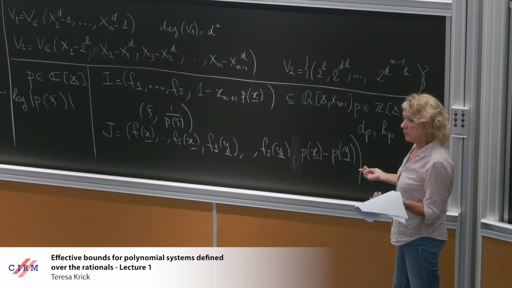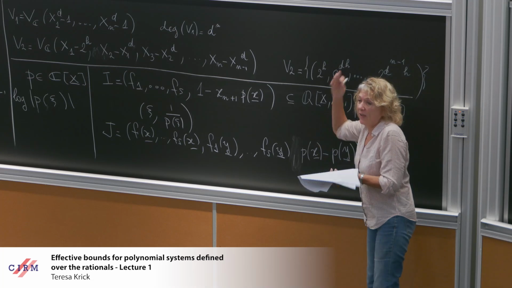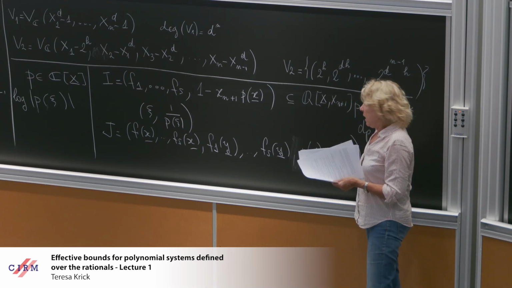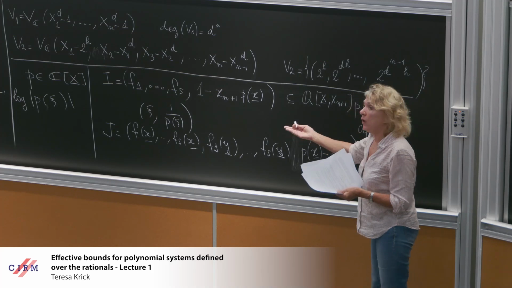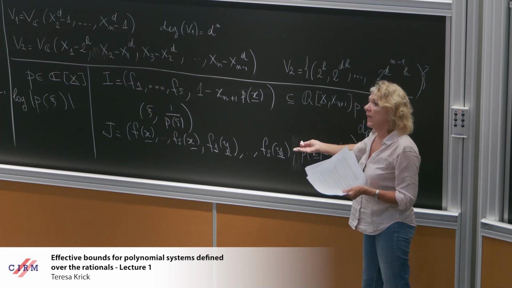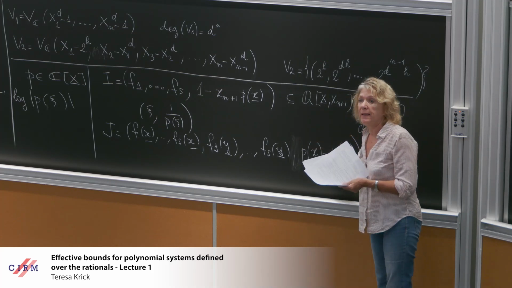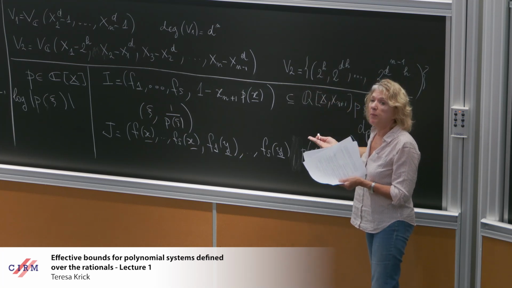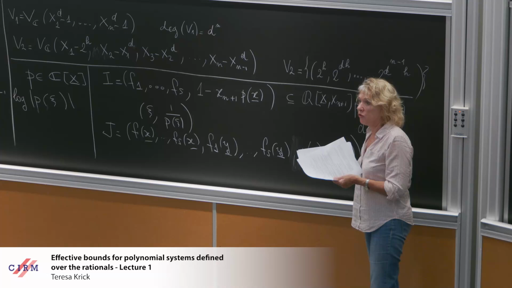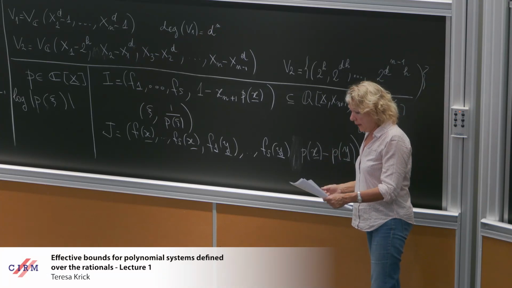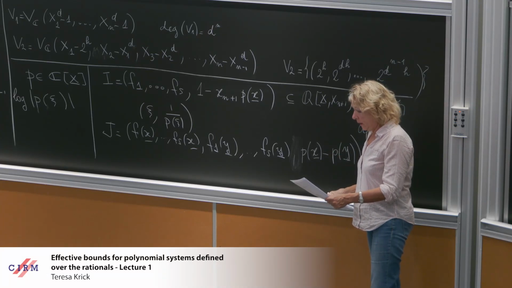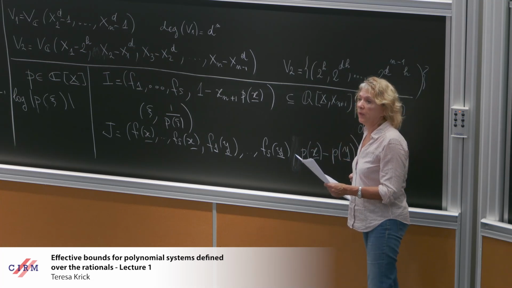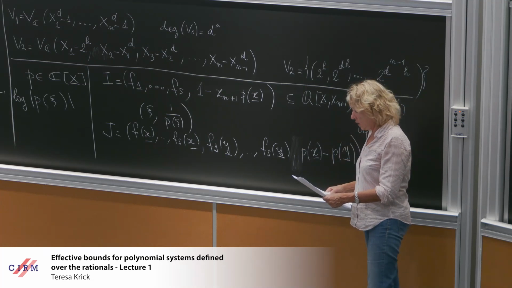Intersection of the... So it's a diagonal somehow, no? P of x has to be equal to P of y. So I can have upper bounds and lower bounds for the roots of this variety in terms of the original parameters. The only thing I did is to duplicate the number of variables. And when I do that, I obtain the root separation, because I have lower bounds for these two. So I can obtain root separations.